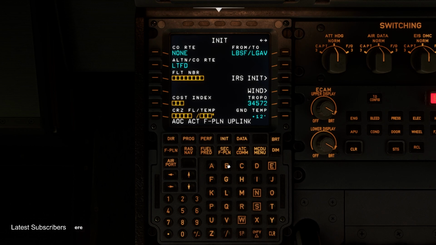Okay, flight number, Speedbird, so British Airways BAW 74 Bravo. Cost index today is 0, and we're cruising at flight level 370, so 37,000 feet today. There we go. And INIT B page, so because we know at the top right we've got these left and right arrows, it means there's another page. So if we hit the right arrow,